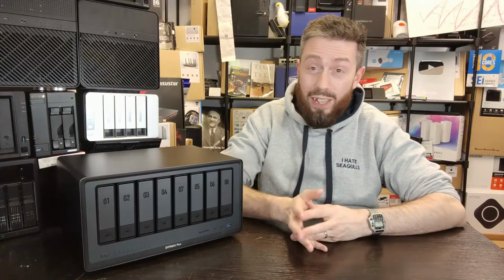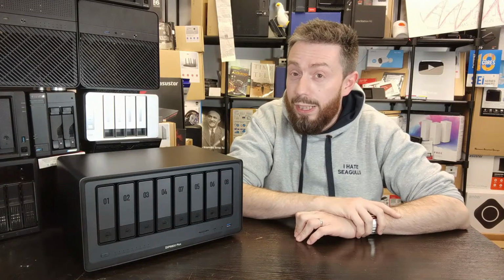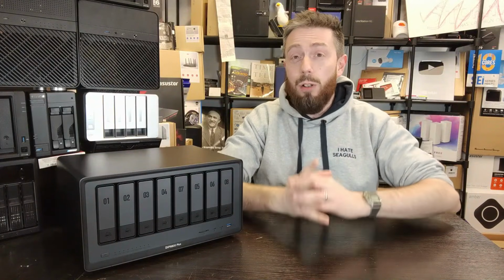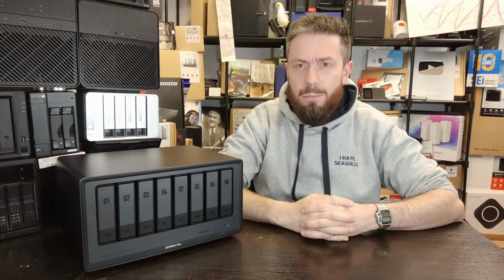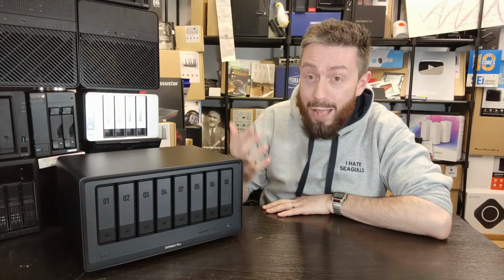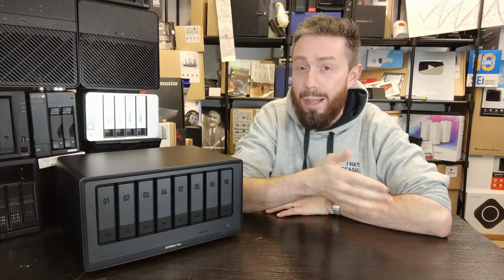It's also the one that, for those of you that take storage the most seriously, and particularly you photo and video editors, you content creators and more, this is the one that you've had your eyes on. But I would argue amongst all of the systems out there, this is the biggest one that I would probably use the word gamble, because it's the most money. Whether you're looking at that RRP price or you were one of the early backers that got that